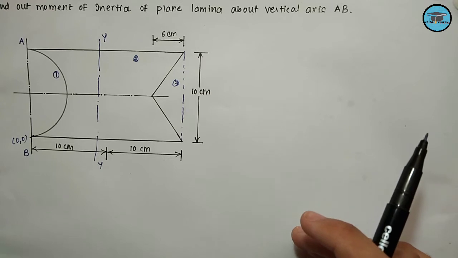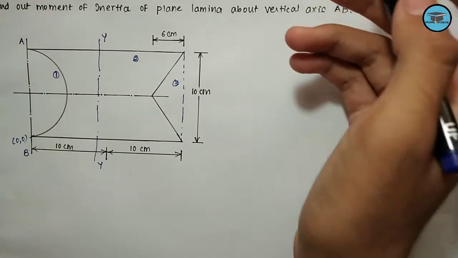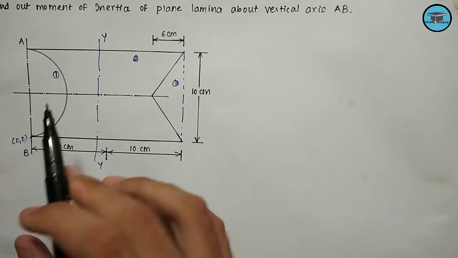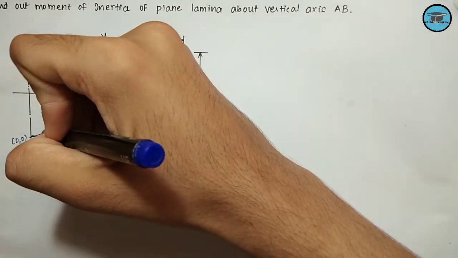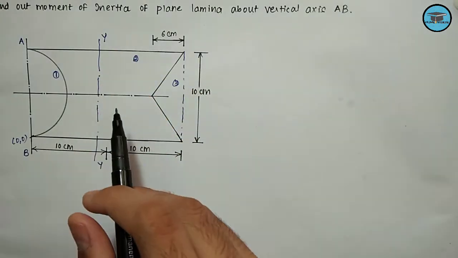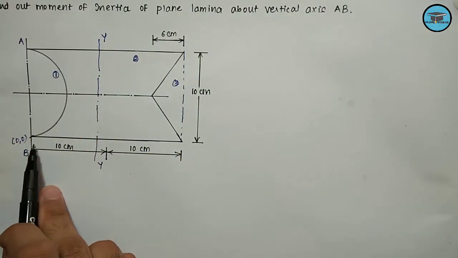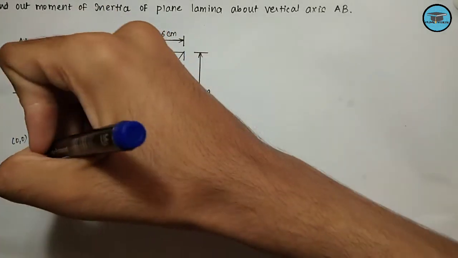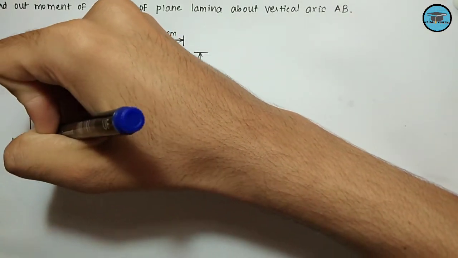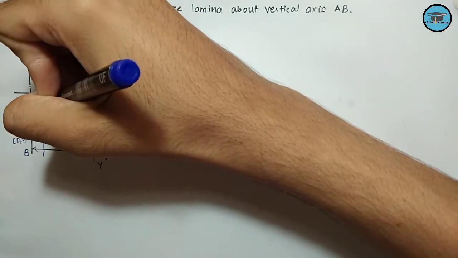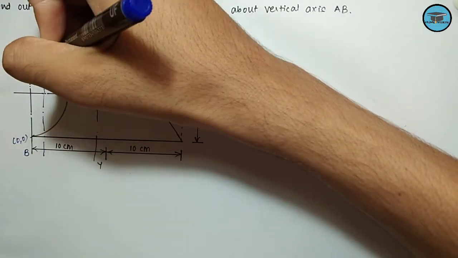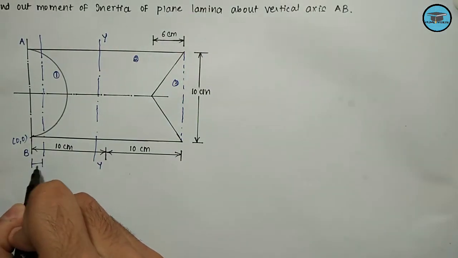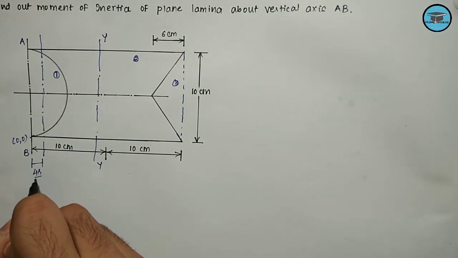So this is the procedure which we are going to follow to solve such kind of problem. First of all, we need to write down all the values of the area and the location of the centroid from the origin. So let us note down the centroid location for the standard figures. For the semicircular region, the centroid will lie at a distance of 4r by 3 pi from this end. So let us locate the centroid for the semicircular region. This is the axis which is passing through the centroid of the semicircular region, and it will be lying at a distance of 4r divided by 3 pi from the origin.